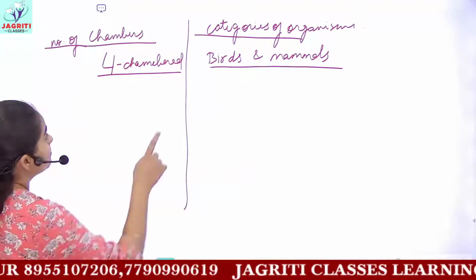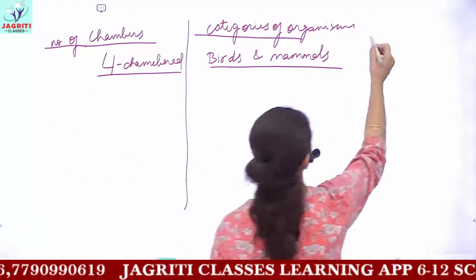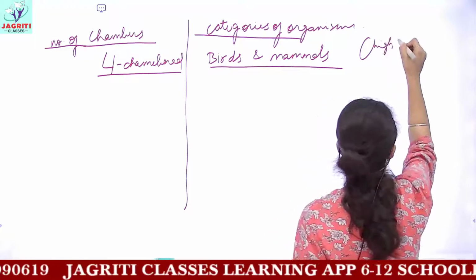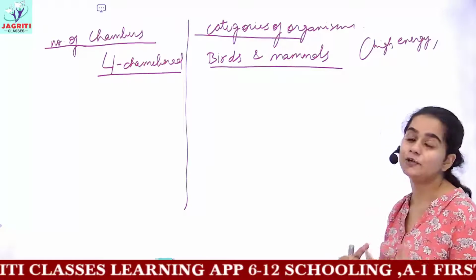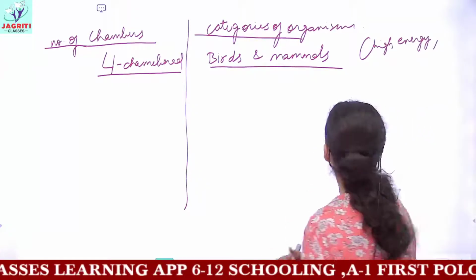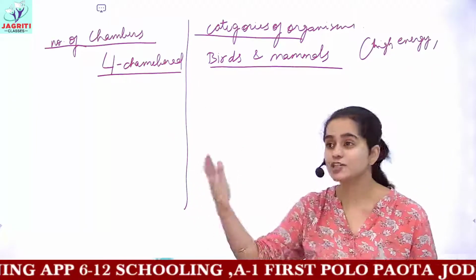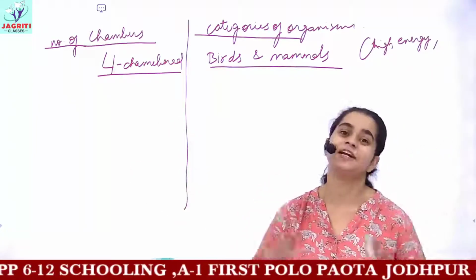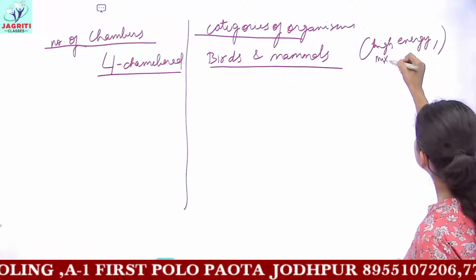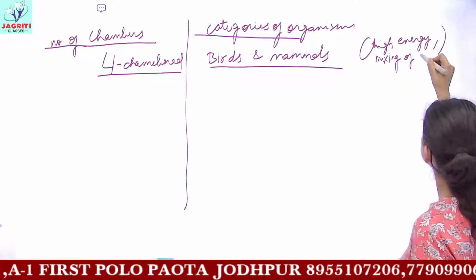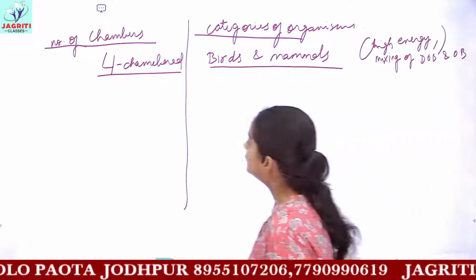So birds and mammals have a four-chambered heart because they have high energy requirements, to perform their daily activities and to cope with their metabolic needs. And then, these four chambers keep the oxygenated and deoxygenated blood well separated. Okay? The four chambers prevent mixing of deoxygenated blood and oxygenated blood. Then next, you have what?